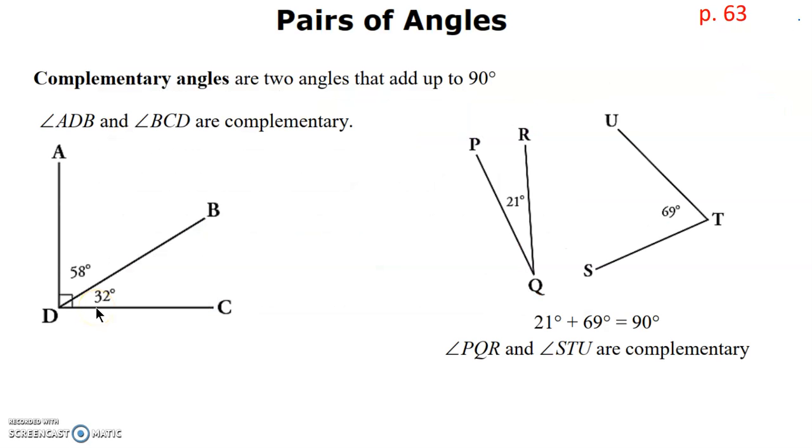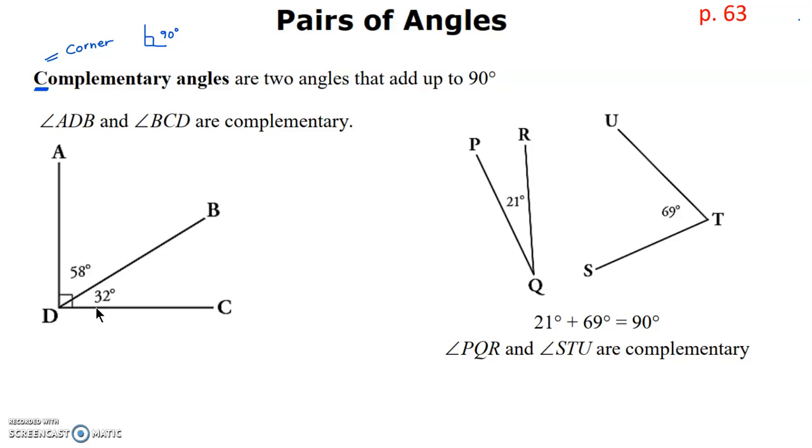Now let's take a look at pairs of angles. The first kind of pair is called complementary pairs. Complementary angles can be remembered through the first letter, C, which you can think of as making a corner, which is a memory tool for remembering that these two angles are going to equal 90 degrees. So complementary angles equal 90 degrees, and they can be adjacent, which means touching, or they can be separate from